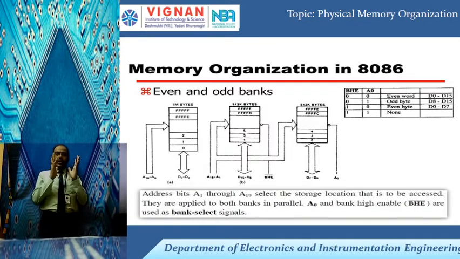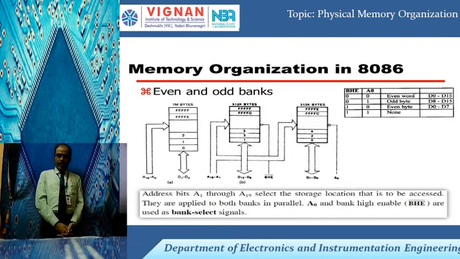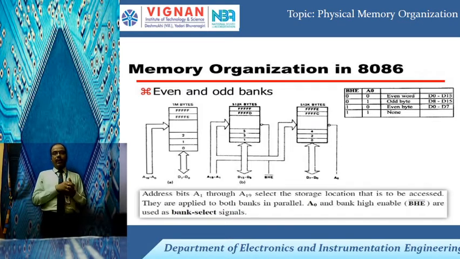So there are actually three types of data: a byte with an even address, a byte with an odd address, and a word, which uses both the even as well as the odd address bank. And in the word we have two types, aligned word and misaligned word. We will discuss in this topic what a misaligned word and an aligned word are. In general, an aligned word takes only one bus cycle. A misaligned word takes two bus cycles for accessing.